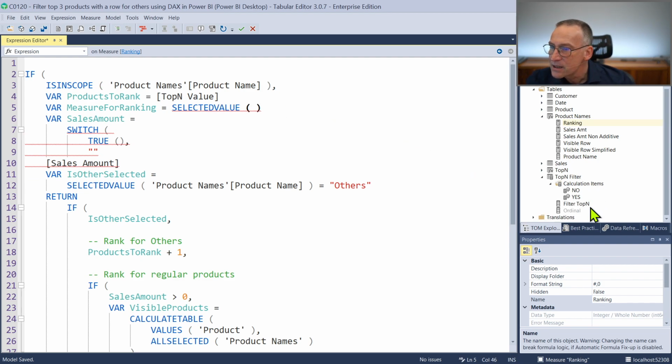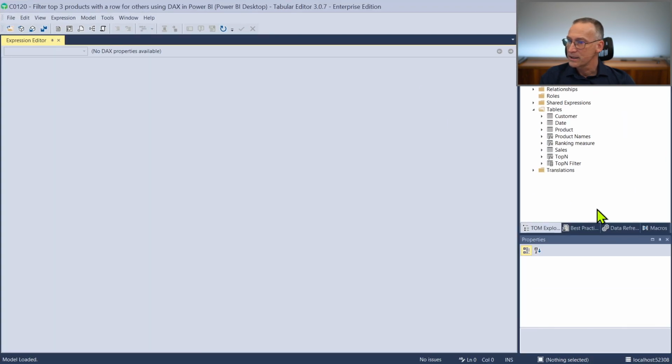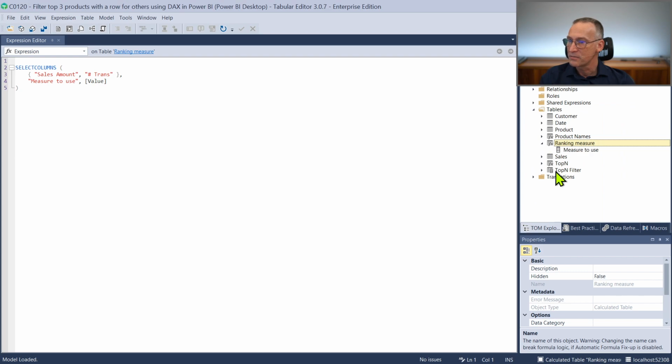It's not updated with the changes that happened there. So let me close and reopen Tabular Editor. Or maybe I wasn't looking at it right, but I was not seeing the ranking measure table. Here we are again. Now I have it, ranking measure. So I can go back to